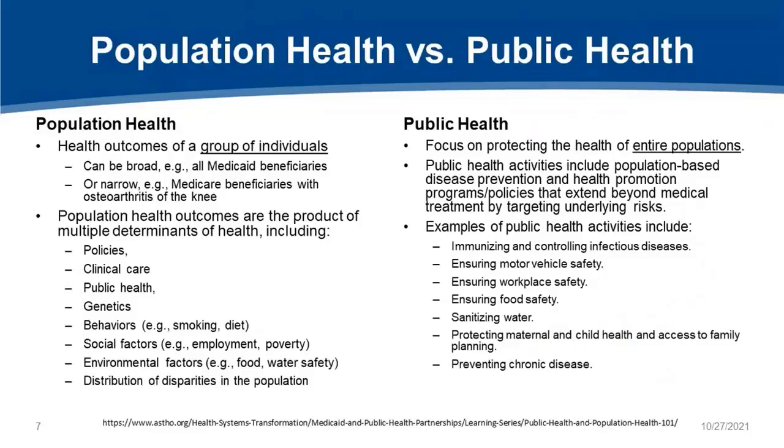So having said all that, you're probably still wondering exactly how population health differs from public health, and there is overlap in these concepts for sure. For our purposes today and for the purposes of CMS quality work in general, population health can be viewed as a more narrow category than public health with a slightly different focus. Population health is mostly concerned with the health outcomes of a group of individuals, which, as I said before, can be defined very broadly or less so. These population health outcomes can absolutely be tied, at least in part, to the delivery of clinical care, but are also impacted by things like genetics, behaviors, environmental factors, and so on.